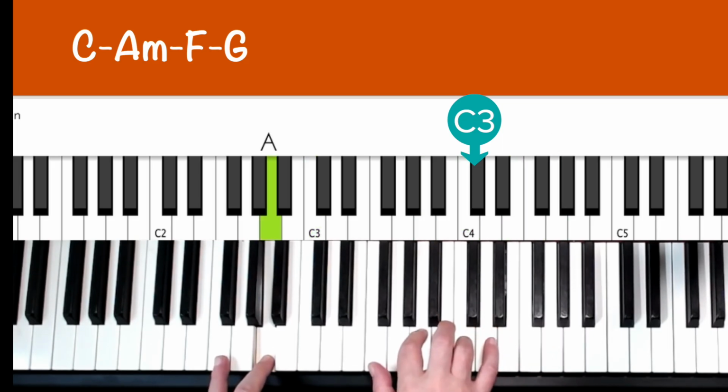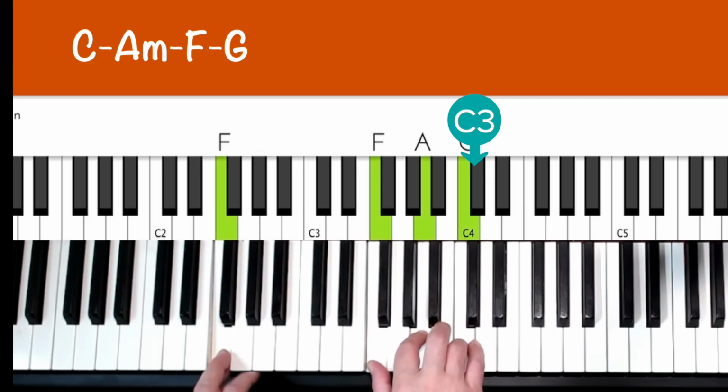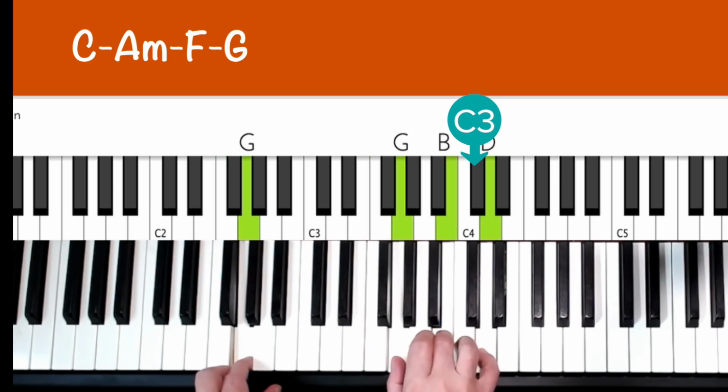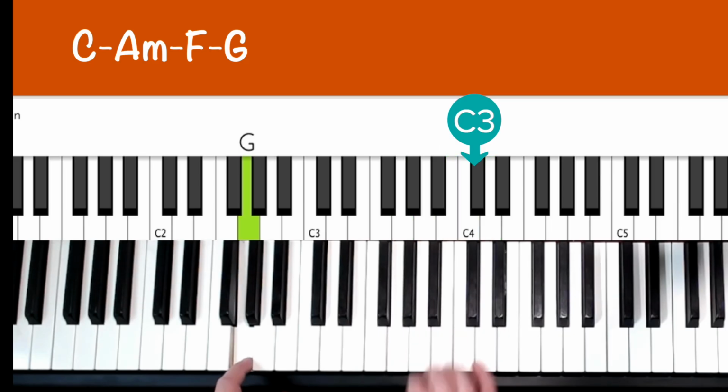We have the A minor 7 chord. We have the 4 chord, in intellectual circles called subdominant. And we have the 5 chord, the G. So far, so good. Now, first technique, the so-called